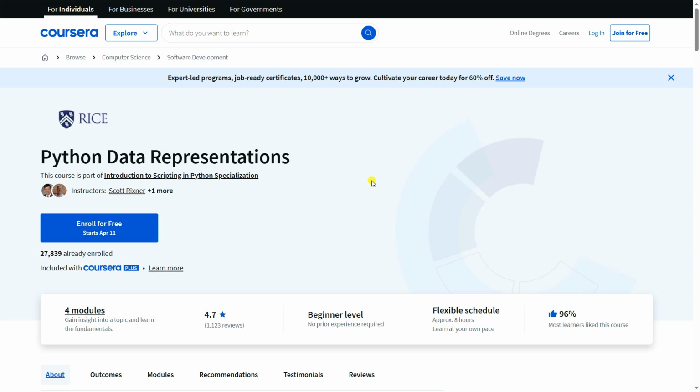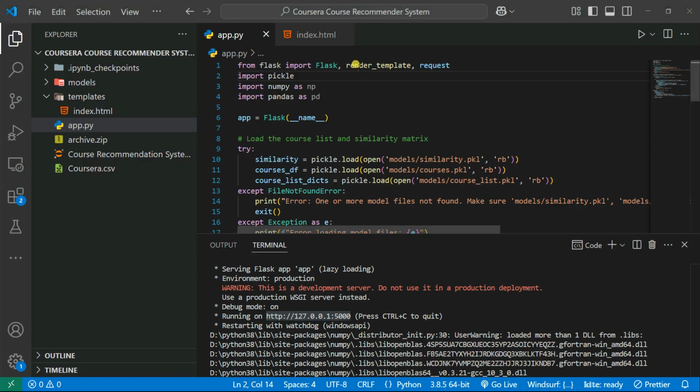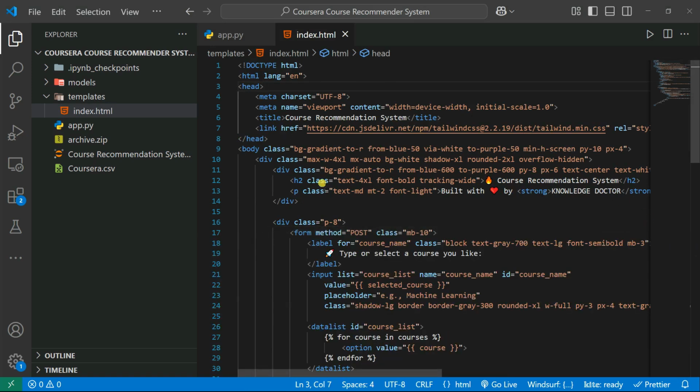Now let's go to our application. That's our application, and this is completely built using Tailwind CSS. So let's go to the code. Here is the code, index.html. We actually add the CDN for Tailwind CSS, and after that we have one body,